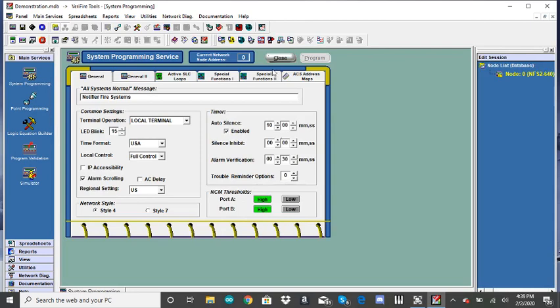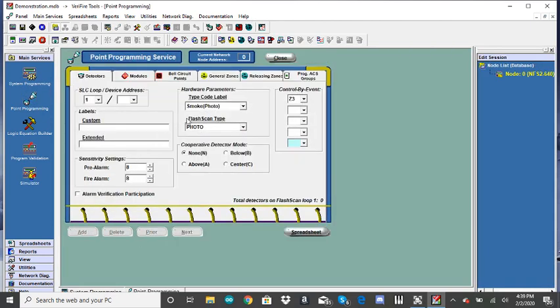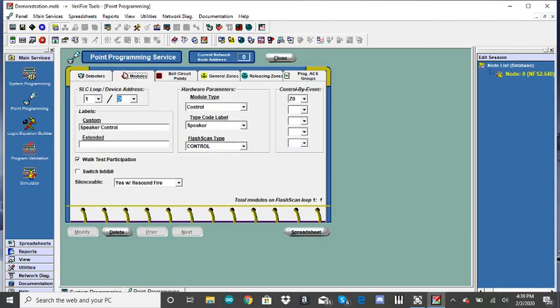Okay, it did save. Great. So now let's go back to point programming where we were. Sorry about that. I forgot about the bell circuits acting funny. Now, I did mention that it didn't quite pick up the pull station, so we're going to add the pull station back in, and I'm going to label this